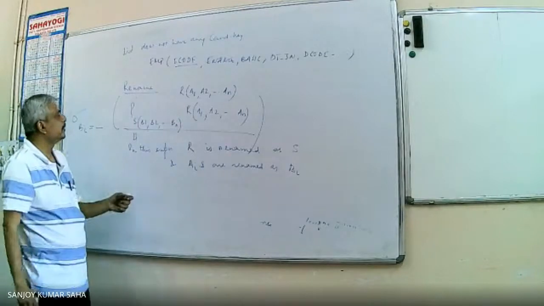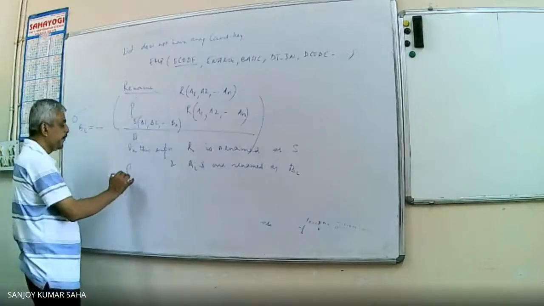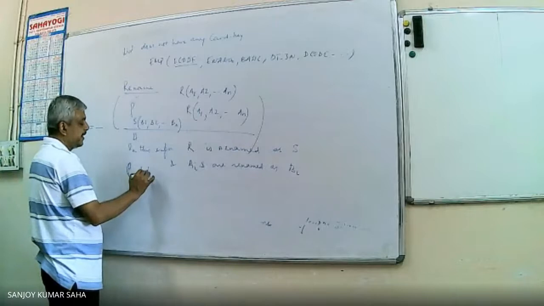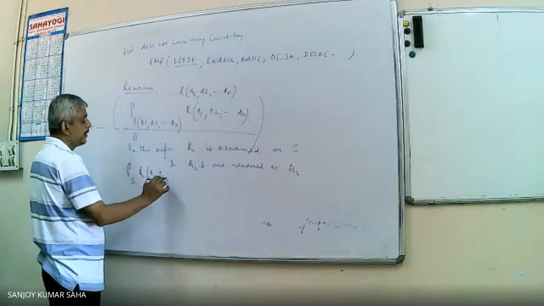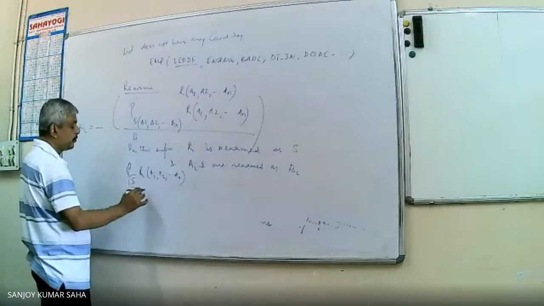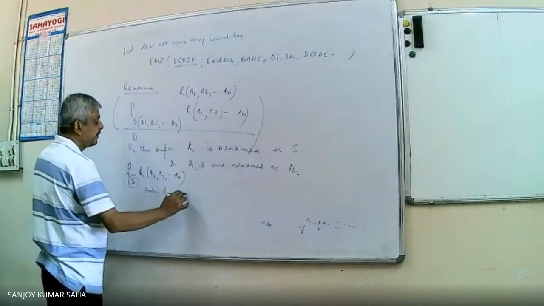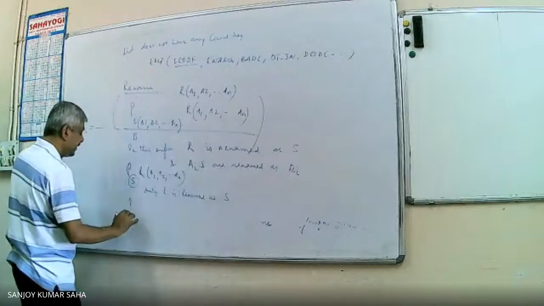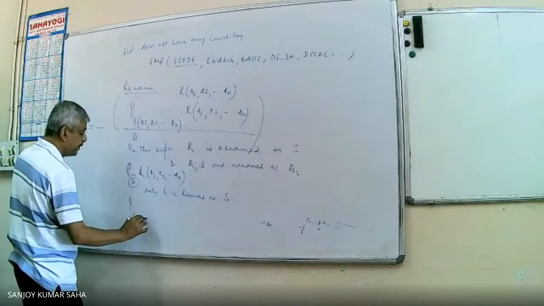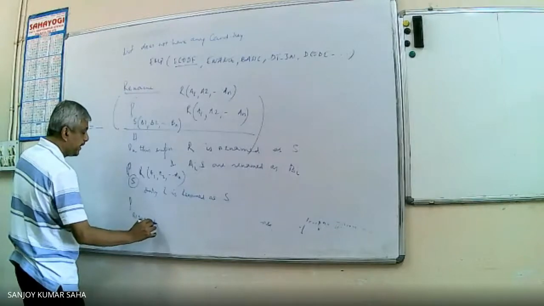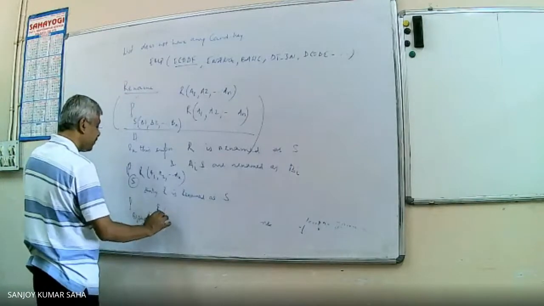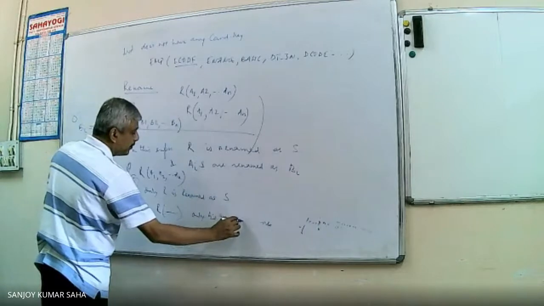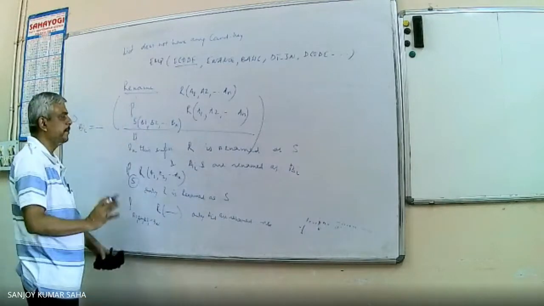Now it's not mandated that we have to rename both. So if I write, say, R with A1, A2, AN, here only R is renamed as S. Similarly, if we give, say, B1, B2, B3, Bn, then only the Ai's are renamed. So sometimes we'll see that we'll have to go for renaming.